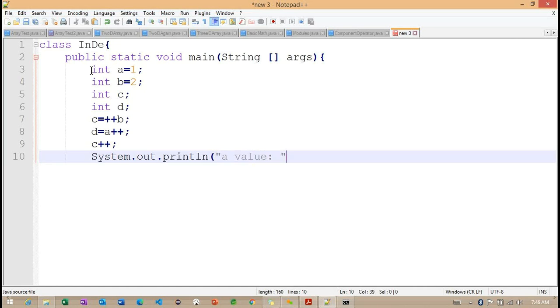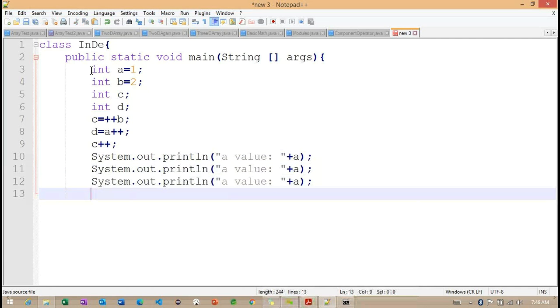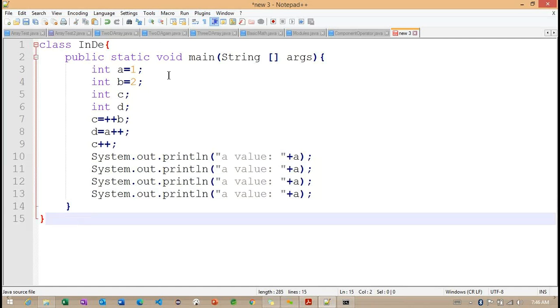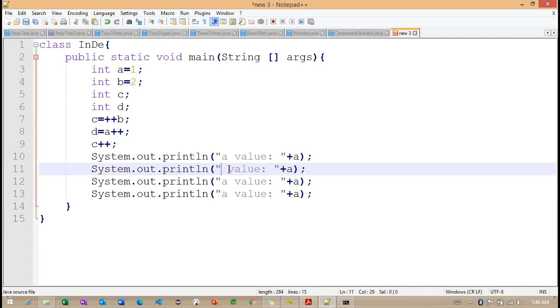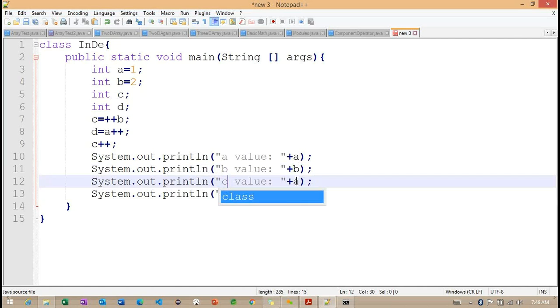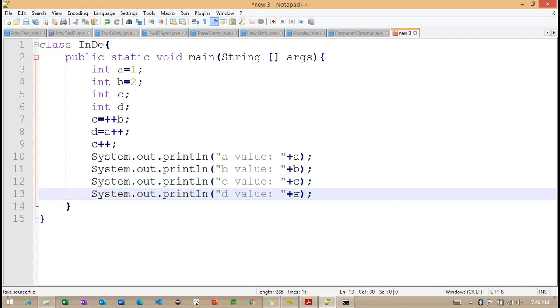So a value, observe here, b and c, d. These are the four values I'm trying to print here. So you need to provide your output here, what you think with these variables. So what exactly are the A, B, C, and D values here?